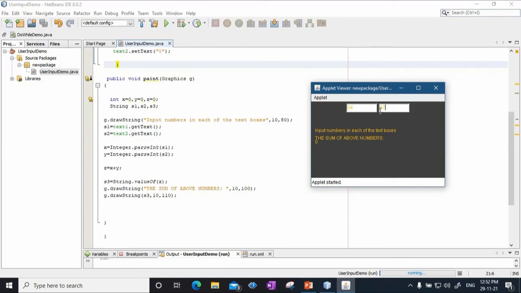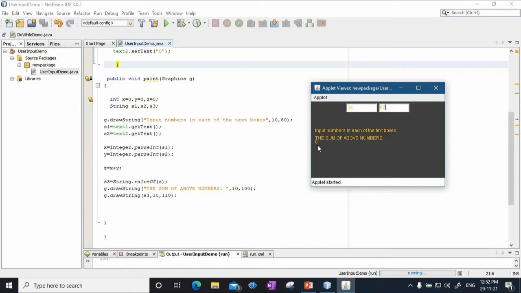But notice that after entering 34 and 67, the moment I press enter, the change should have been reflected here. The output should have been reflected here, but nothing happens. Nothing happens because the applet that we have created does not recognize any event. Now what is the event?